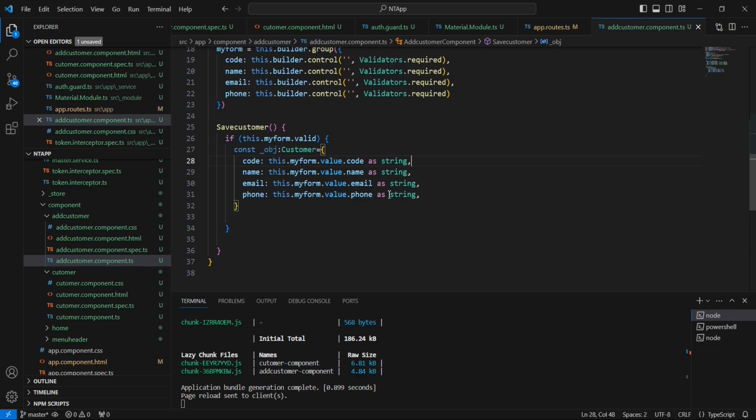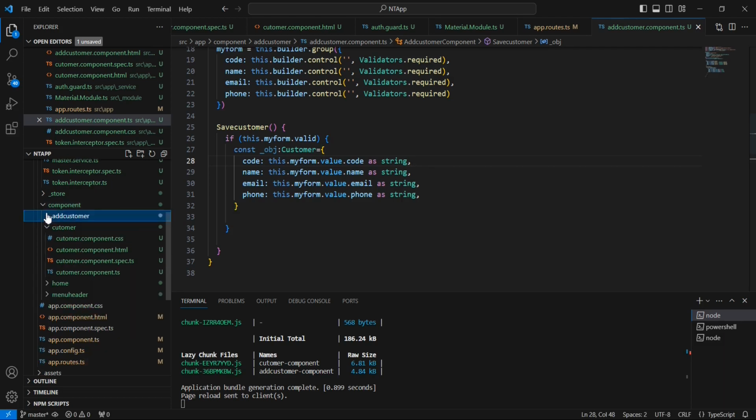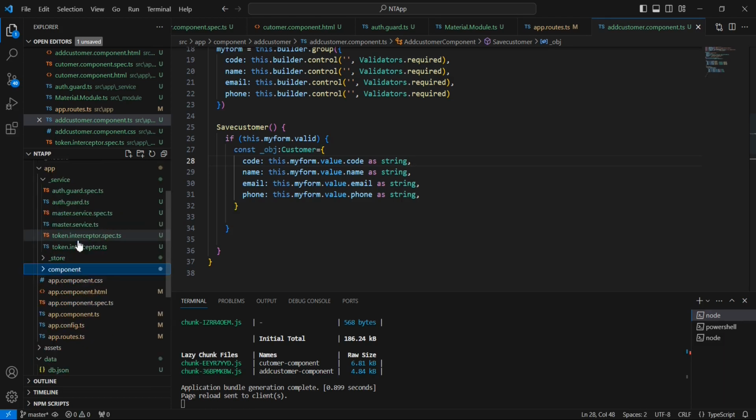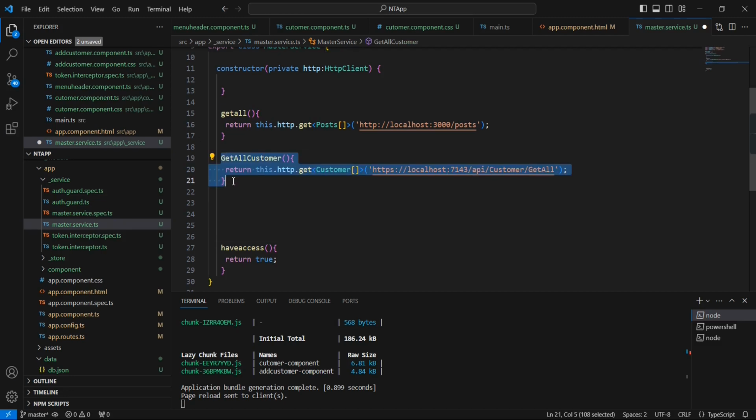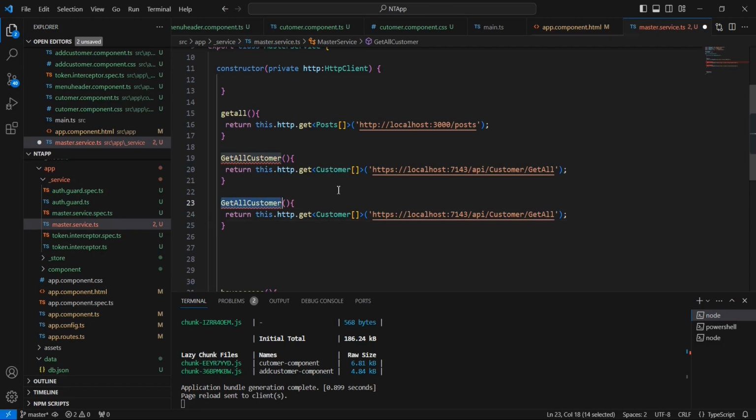So next we can call our services and pass the exact data. Since we are using this NGRX pattern, so we have to work for services and also the NGRX. So first let me start from the service side, okay? So we can use the same master services, and I'm creating one more function. So the function is